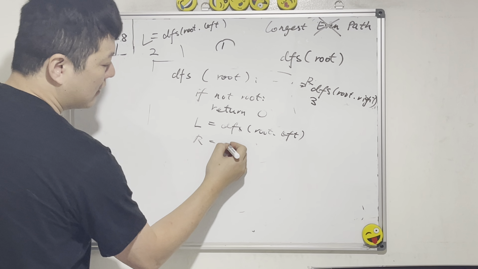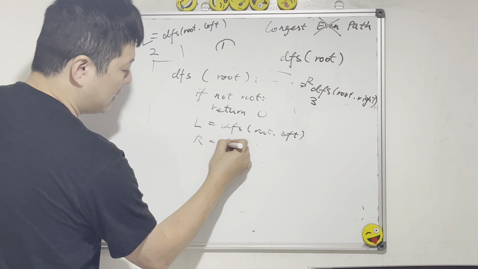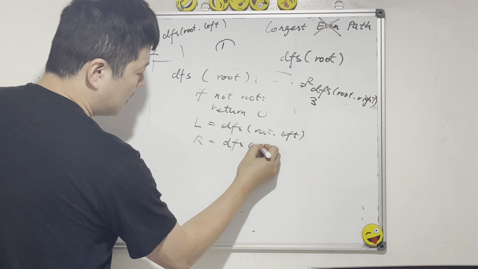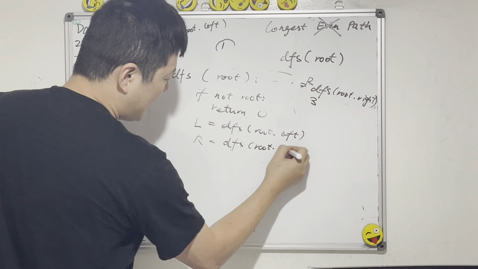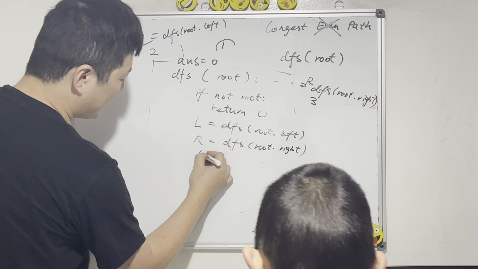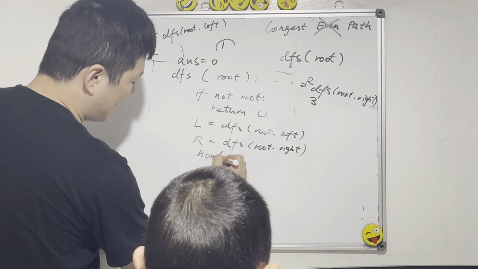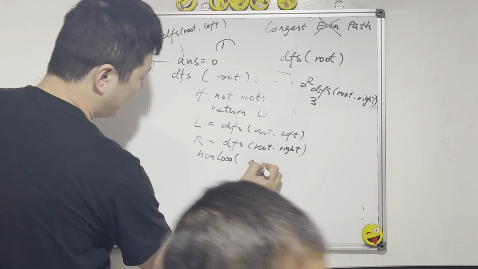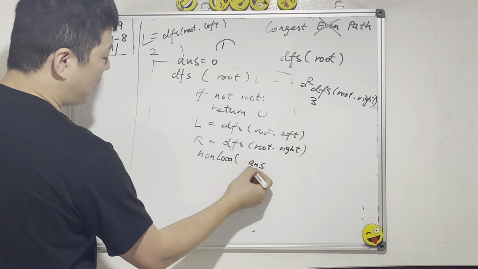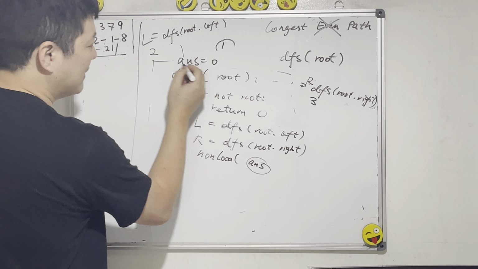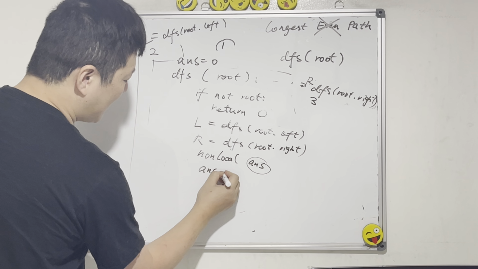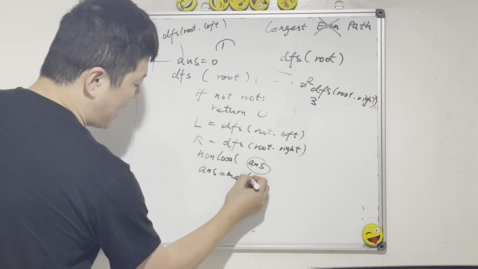Right equals depth first search root dot right. Then answer equals 0 outside. To access the answer inside a function, I need to declare it nonlocal. Then answer equals maximum of answer and